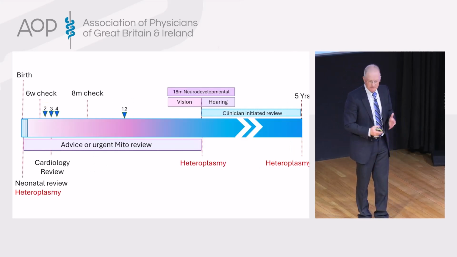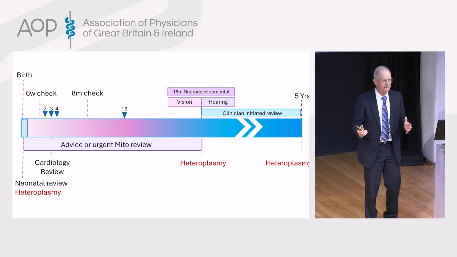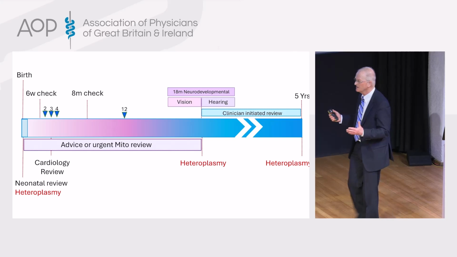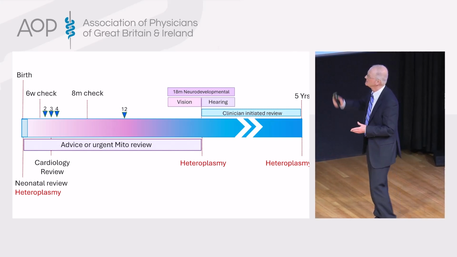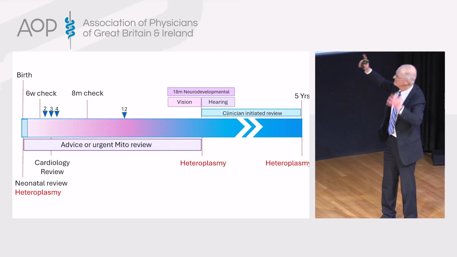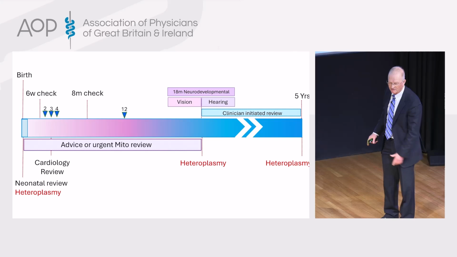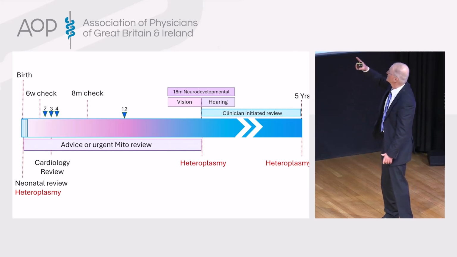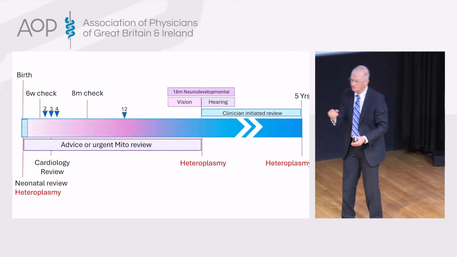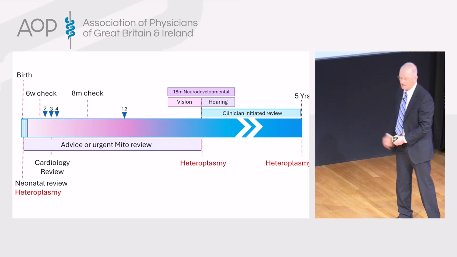And then think about, well, what about the babies? What are we going to do with them? What's appropriate? We spent a lot of time talking with our families about this, and they didn't want their kids over-medicalized, which would be so easy. They go through the standard NHS procedures, the checks, the purple, the blue triangles are the times when the health visitor comes or the time of immunization. They do have a check for the carryover of mitochondrial DNA, because when you remove the pronuclei, you're almost bound to carry over a few mitochondria. So that's done at birth.